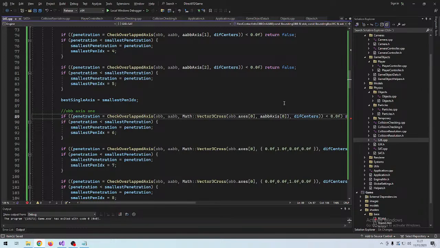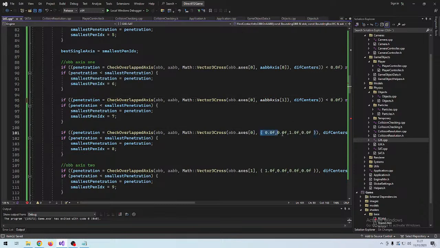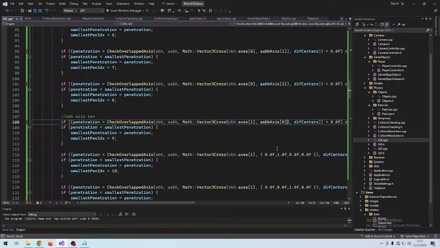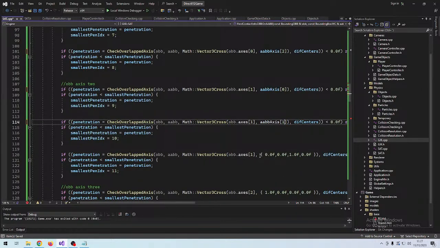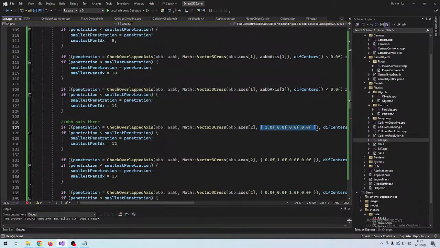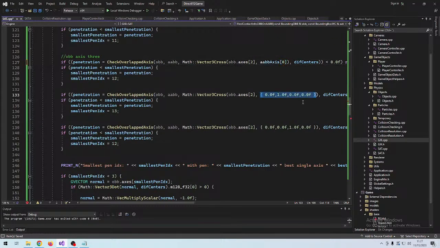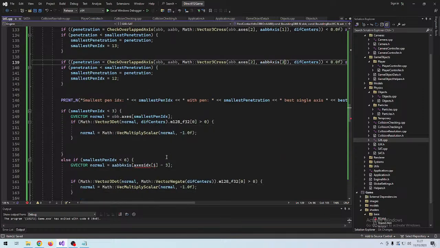Yeah, first with the first axis, then the second axis, then the third axis. I should be able to see it. I just wanted to make sure. All right, there we go. Already this algorithm is better than the old one since it handles